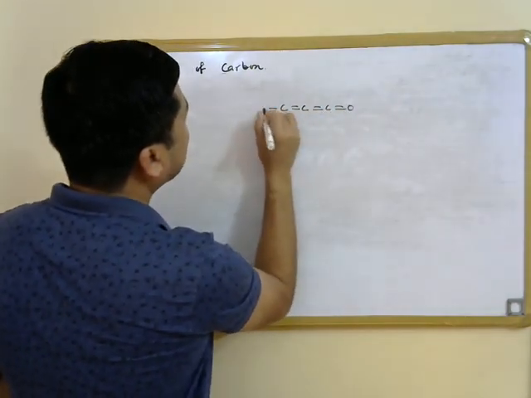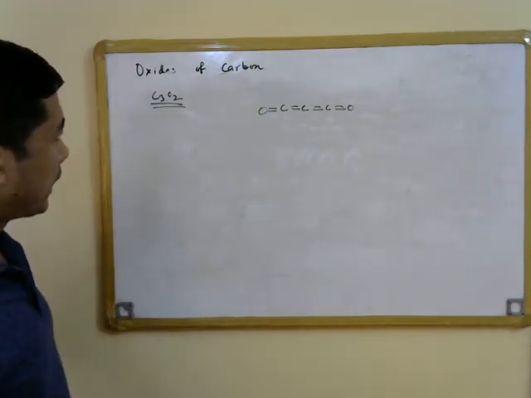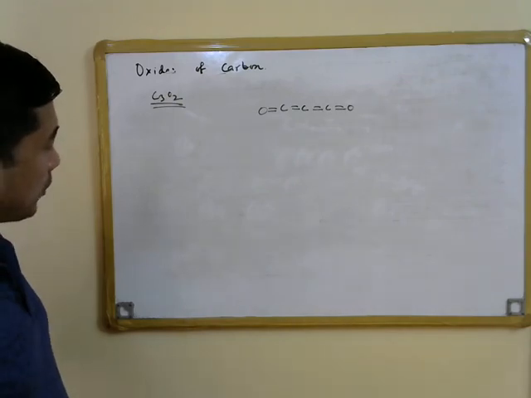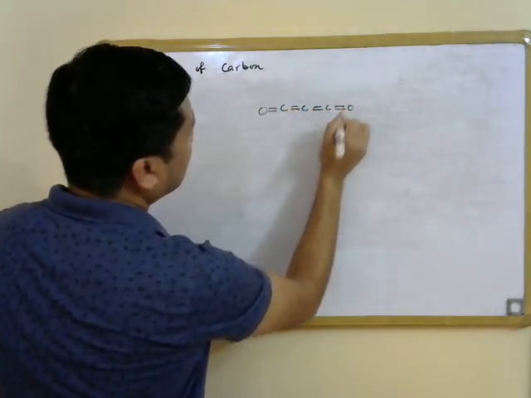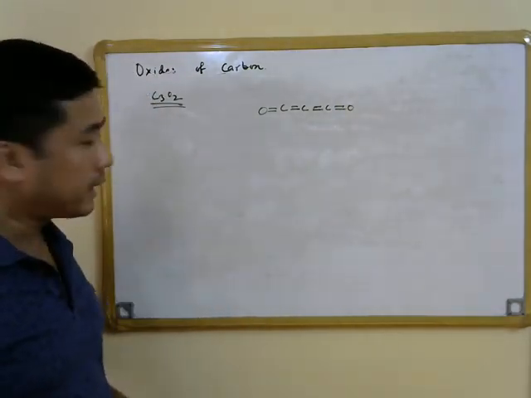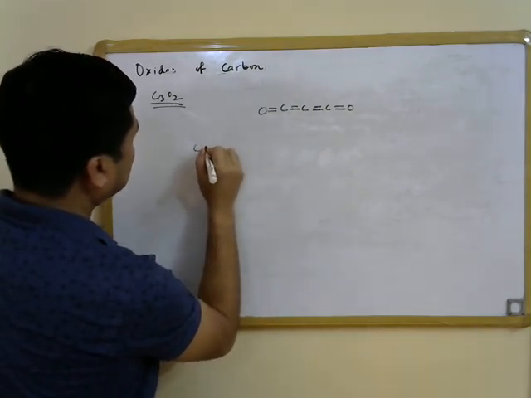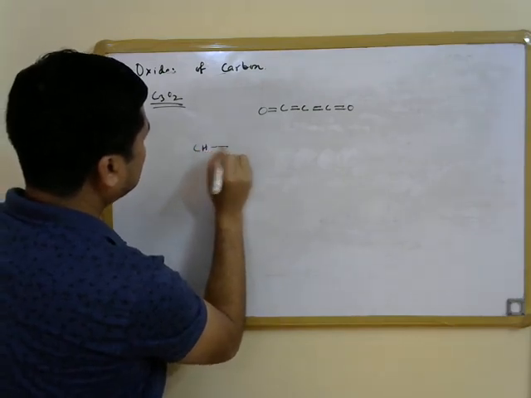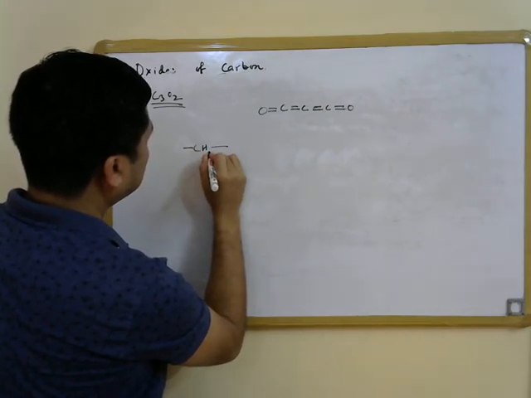It is also a linear compound, and this is the structure of C3O2, and we can easily predict that the method for preparation of this particular oxide has to again start with another acid, if we start from